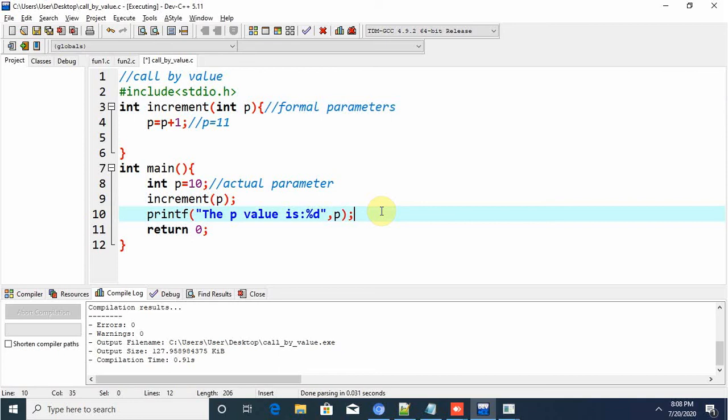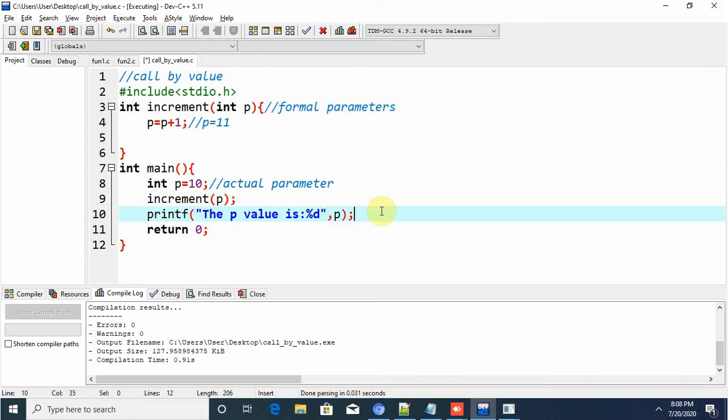This is what is called call by value. I'm passing the value, but that value doesn't affect the original. It has its originality. Last class I told you, in order to maintain the originality, we copied the A and B values to X and Y. In which program? Yes, in HCF and LCM we have seen that. So that is also an example of call by value.